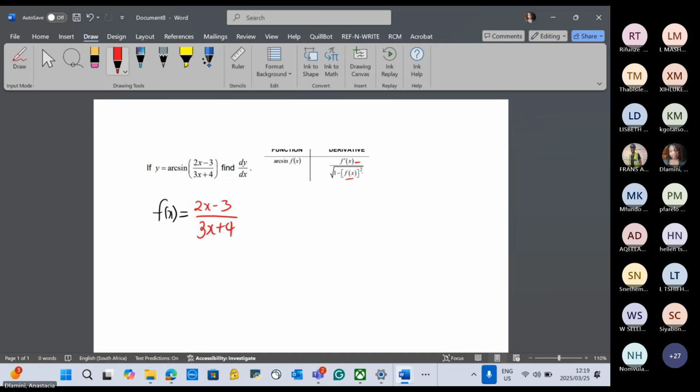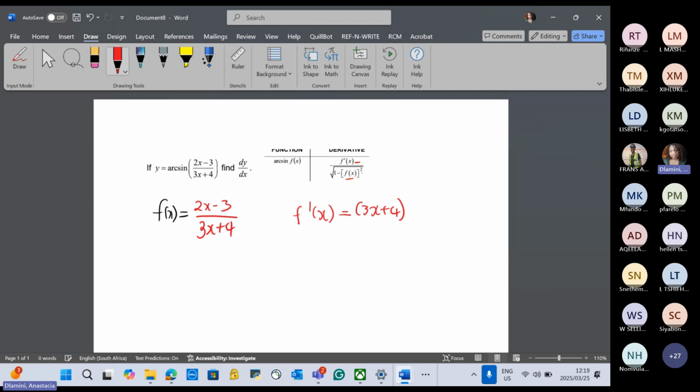Now, in this case, which one is the easier one? Because it's one function on top and one function at the bottom. What do we use? Guys? What do we use when we have one function at the top and one function at the bottom and want to differentiate them? Quotient. It's a quotient, ma'am. Thank you. So we then say f prime of x is equal to 3x